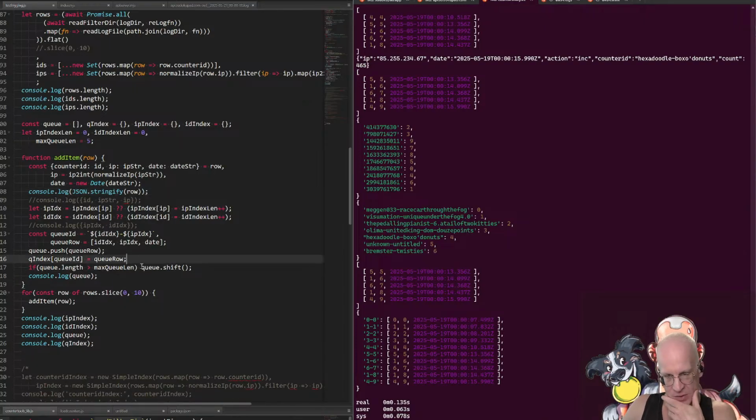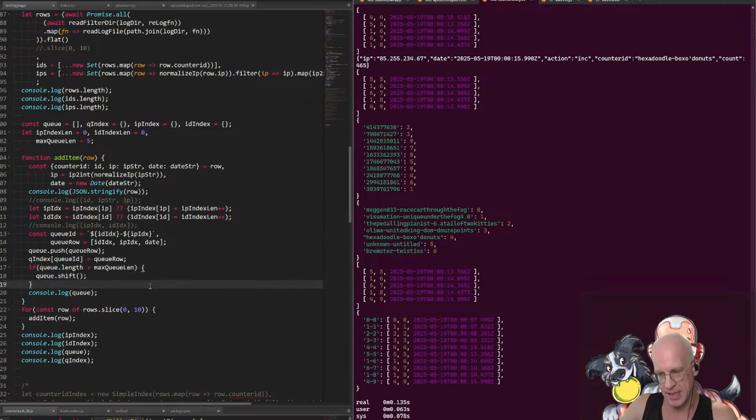When we're shifting the queue, we'll also need to unset that item, except we don't have a reverse index, so we don't want to have to search for it. Wait. What I'm thinking right now is we currently use this as our unique identifier. The reason for that is that the moment this is no longer unique, we want to forward these to our collision handler. So in this case, we don't actually need to handle this. What we need to do is, before we push a row,